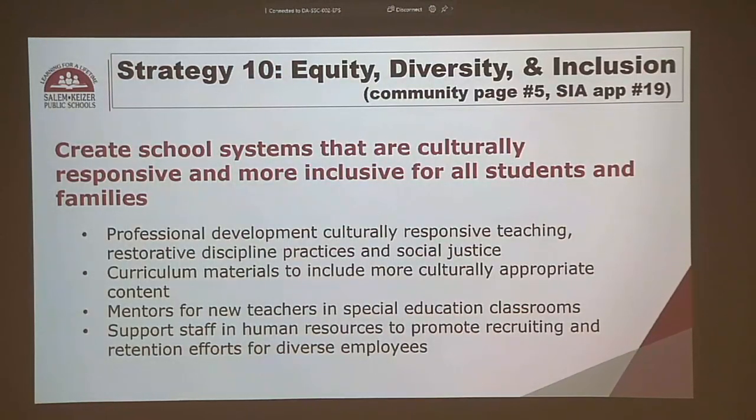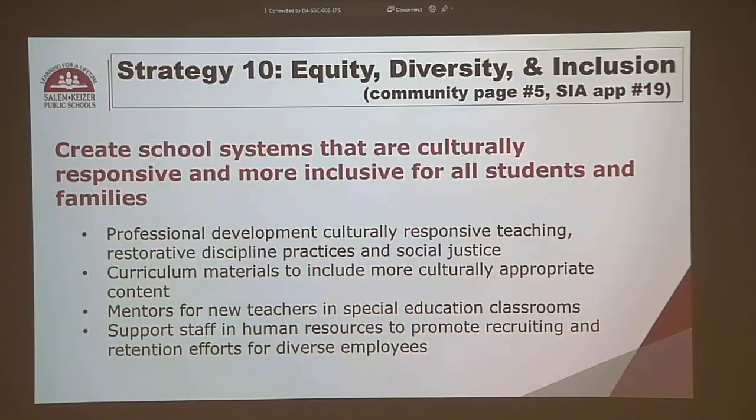And so it's time to change out some materials and to provide some additional supplemental resources to classroom teachers so that our students begin to see themselves in the texts that they engage with or the work that they're doing in their classrooms. Our special education classrooms, when a teacher comes to us as a young teacher in year 1 or 2 of their career, we have a very limited amount of staff who are able to provide mentoring services to them. We've included additional mentors so that all of our teachers in our special education classrooms in years 1 and 2 of their service here in the district get robust mentoring supports.